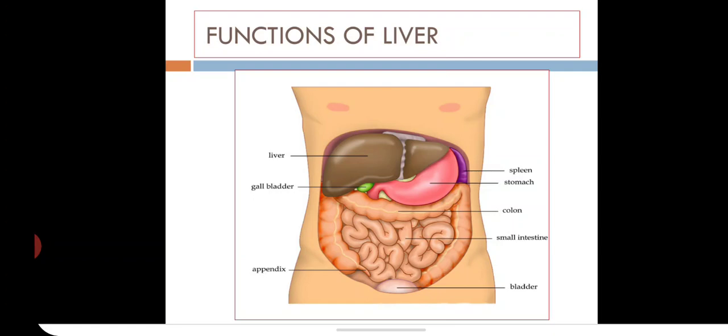So there are two different functions of the liver: one is storage of nutrition, two is secretion of bile through the gallbladder. This bile will reach the small intestine again. That's how this bile juice helps in the breakdown of fats in the small intestine during digestion.